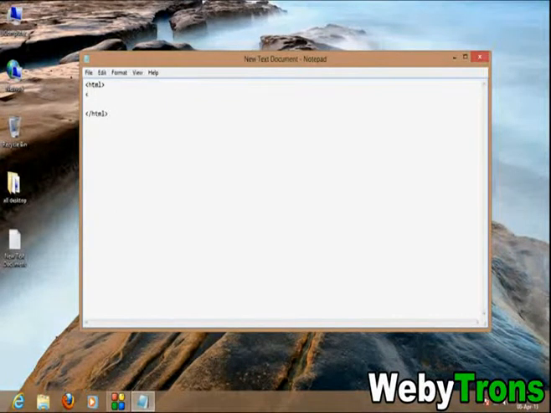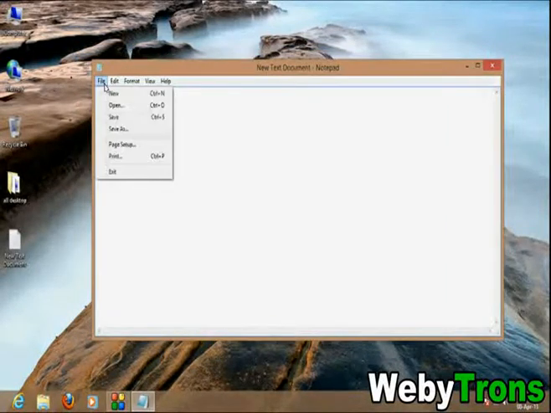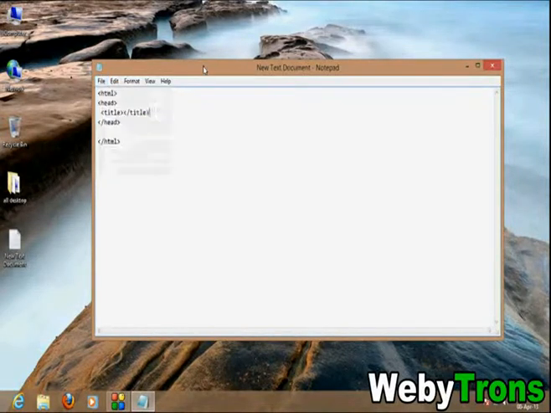So let's start the head part. Create an opening of the head and this is a closing. So here comes my head tag, wherein I need to create one more tag, which will be a title tag. This is a complete title tag. Now I'll save this page first so that I can show you completely what the title stands for.